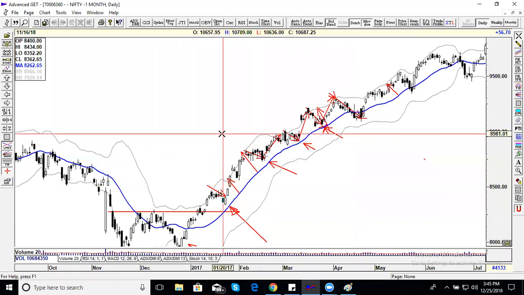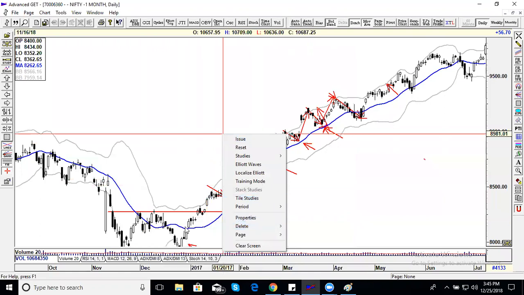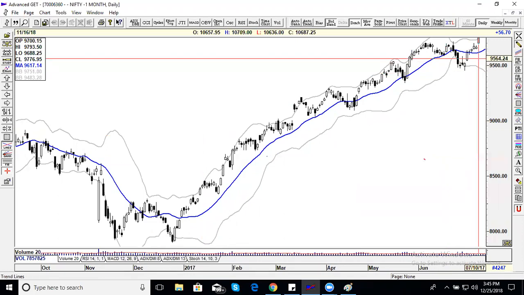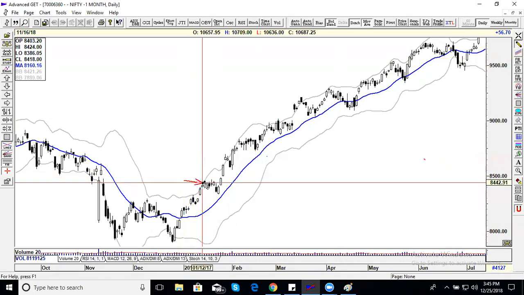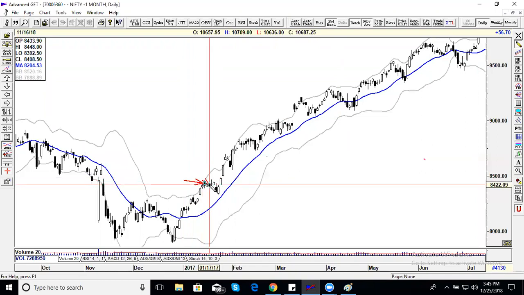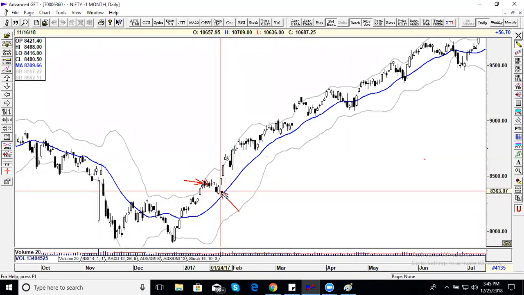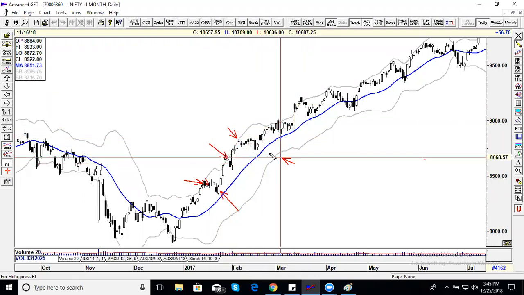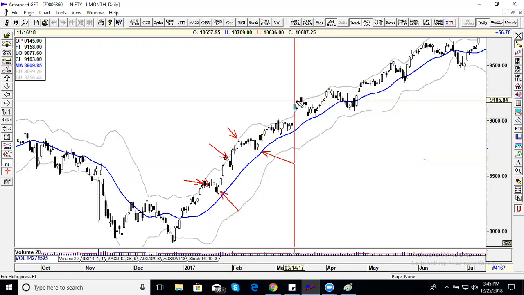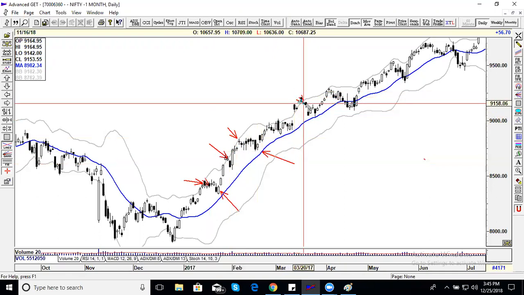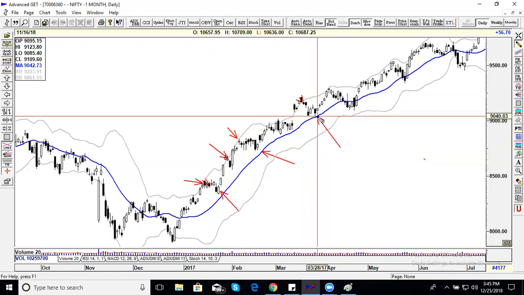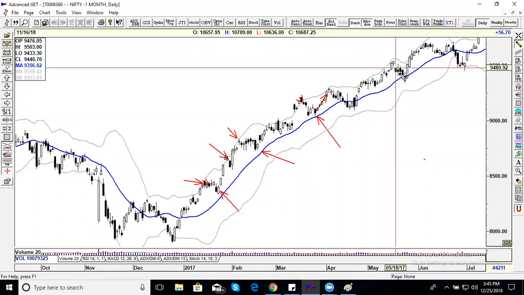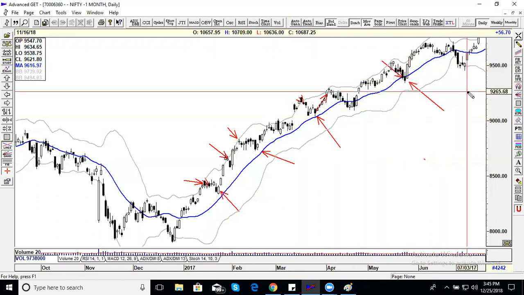Okay, this can be one of the strategies, or I could say I would use it for re-entries. If I had bought it here and it tagged the upper band, once it starts leaving the band, I would exit and buy back here. How do I exit? It goes outside the band and starts correcting from there. Take your profits out, come back and re-enter as it starts going up. If you have missed one trade, then it is re-entries.